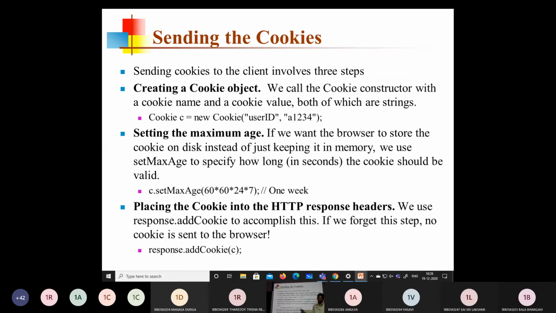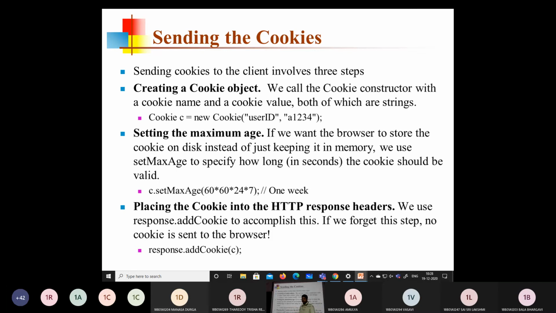How to set it? A week is 7 days, 24 hours, 60 minutes, 60 seconds. If you multiply all these, we get the 1 week value, and you can set that as the max age for the cookie itself.